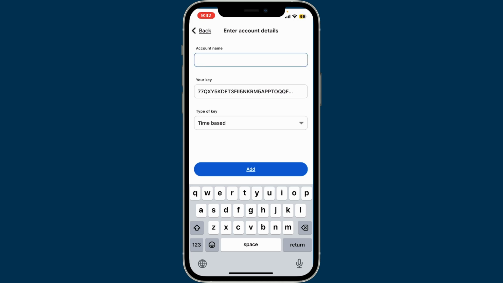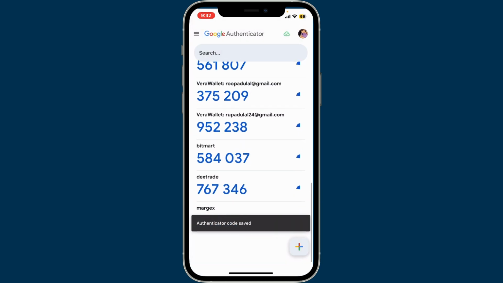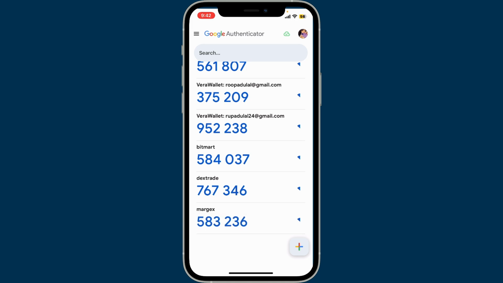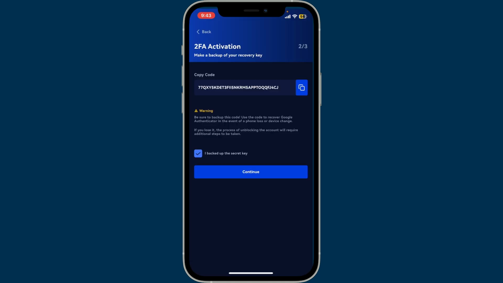Since I'm turning on two-factor authentication for Margex, let me type in Margex in the text box as well to identify the verification code. After you are done, click on the Add button and you will be able to create Margex authentication code. Now get back to the Margex app and tap on this I backed up the secret key